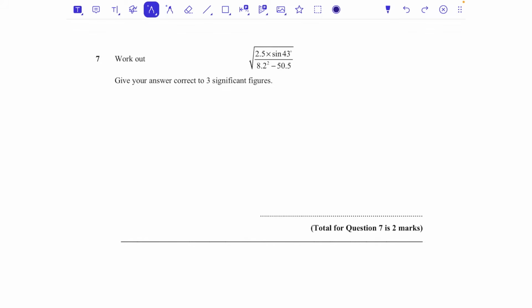So I'm going to press square root and then I'm going to press that fraction button. 2.5 times sine 43 is all going on the top. Close that bracket and then use your down arrow on your calculator to go to 8.2 squared minus 50.5. If you don't have a Casio calculator, that's going to be quite tricky. So I would really recommend having one for the exams. That is